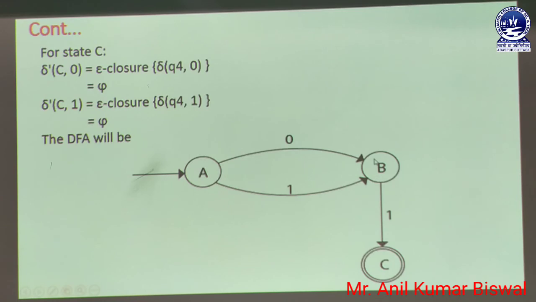Whenever state B takes input symbol 1, it creates the next state, known as C. That C state is the Q4 state. When Q4 takes 0 or 1, no new state is created; that is the empty state, which is not mentioned in this diagram. In the diagram given in the question, Q4 is the final state. That final state Q4 is also C, which is why it is represented with a double circle. In this way we create the DFA state diagram.